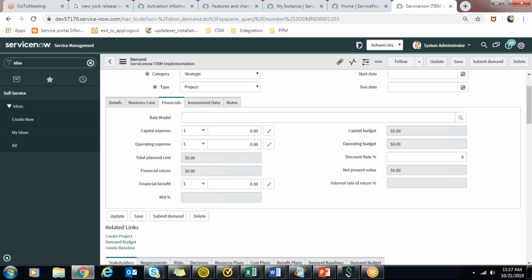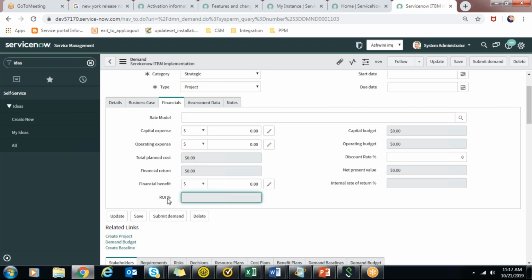Total planned cost and financial return. Total planned cost is the sum of capital and operating expense both. And then whatever planned cost is there, you have to also define the financial return that you are planning for this demand. What do you think will be the return? And then there is a financial benefit and return over investment percent.